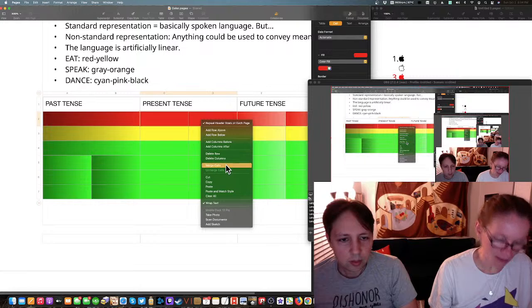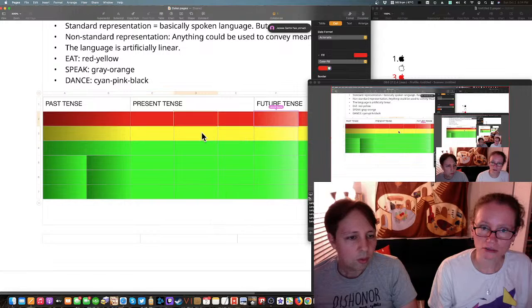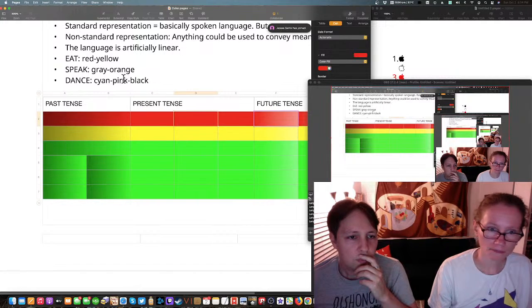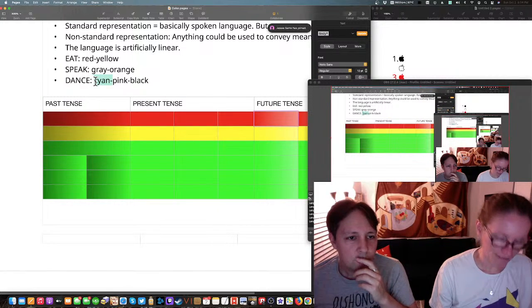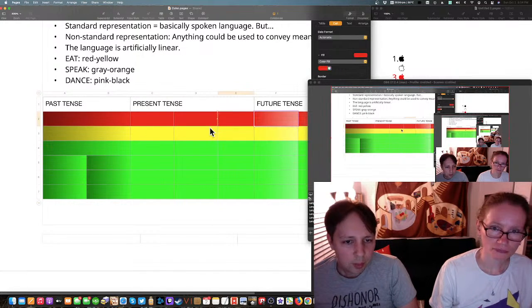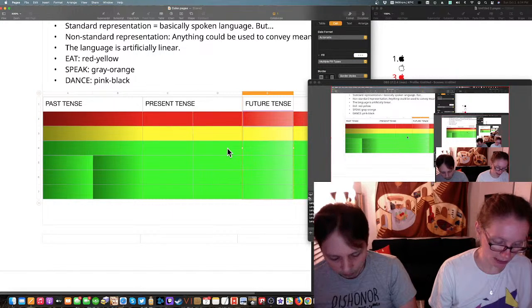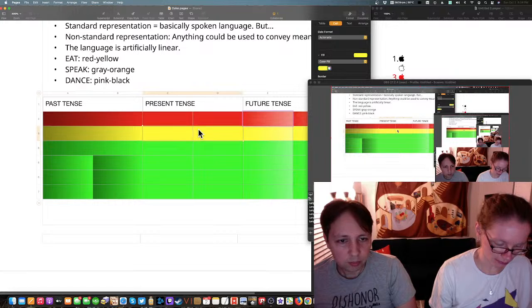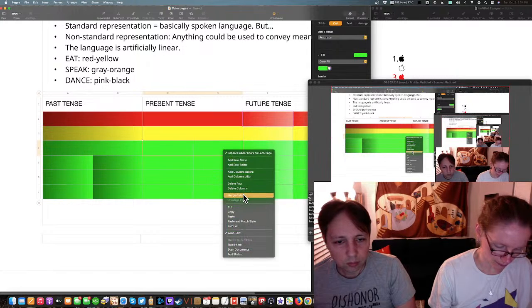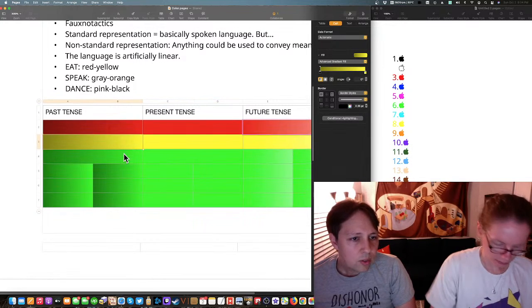Okay, I'm gonna wait. Did you delete the extra column? Oh shoot! You know what? We're actually gonna need... I'm gonna change this to that. Okay. I'm gonna delete the extra column. And now on future tense, I'm gonna merge the top three. Yeah. Top three. Okay. I have merged the top three. All right. So here we go.